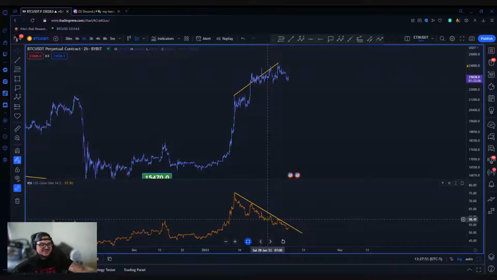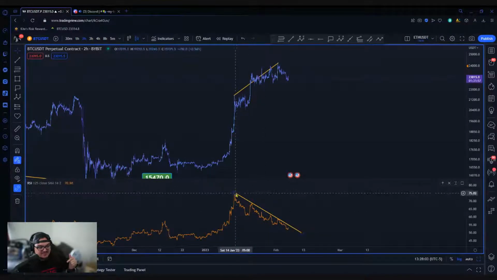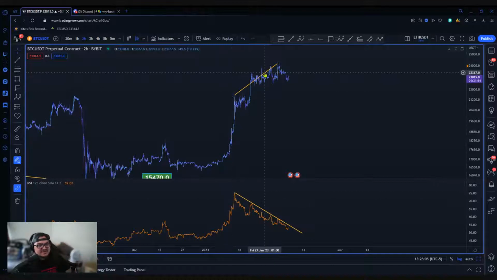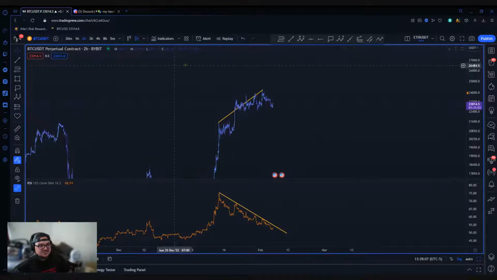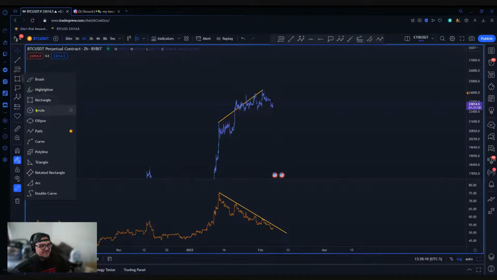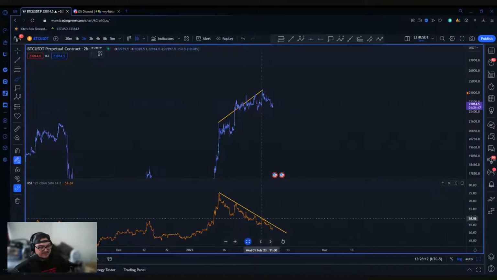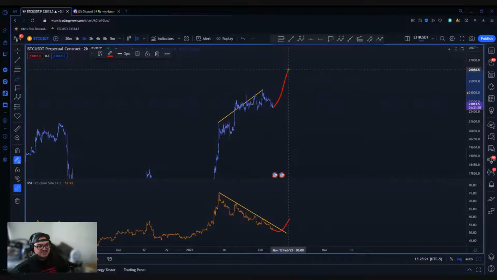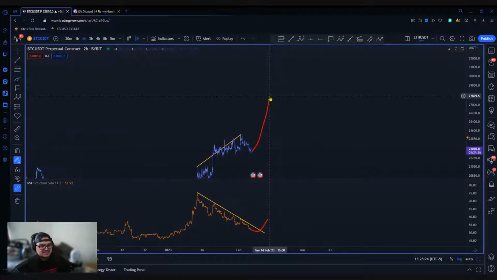Now, it's up to you whether you can either catch it or dodge it to make sure it doesn't hit you back in the face. All right. If that ball hits you back in the face, basically what price is doing is taking that momentum that you used to throw the ball as hard as it could and using it to push it in the opposite direction. So what'll happen is, if price doesn't come back down and respect this divergence and have a harder reset in the RSI, it'll actually come up, break through, and price will have extreme momentum to the upside and basically use that to propel it to much higher highs.